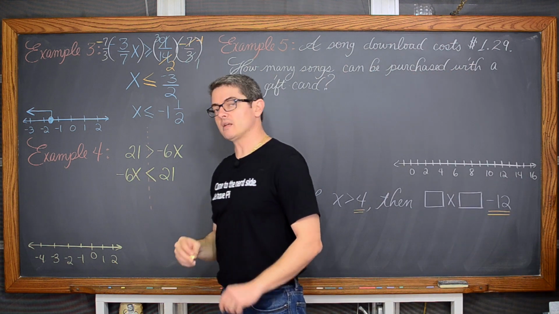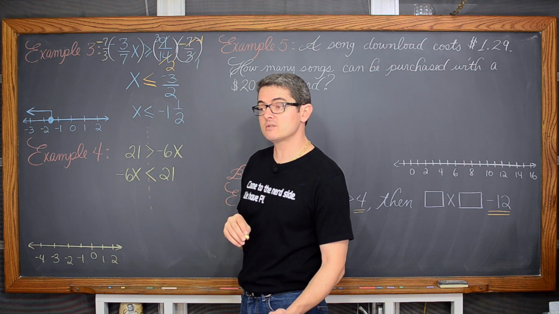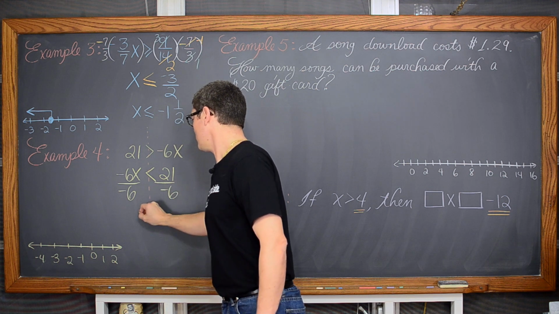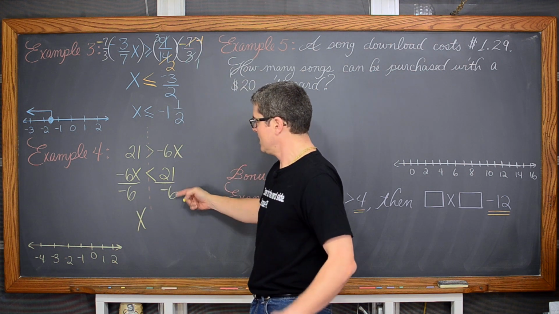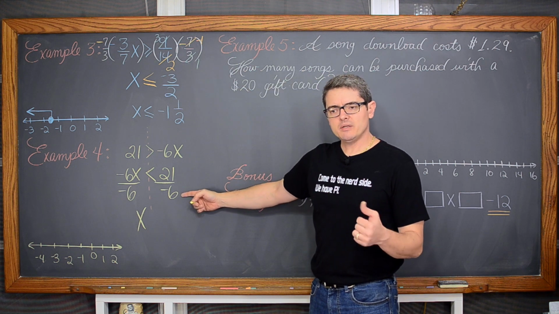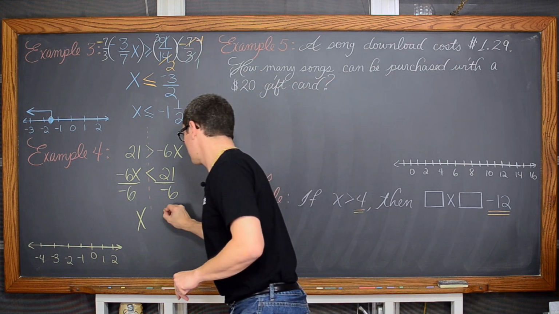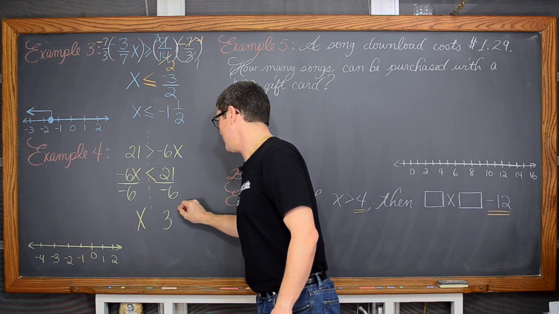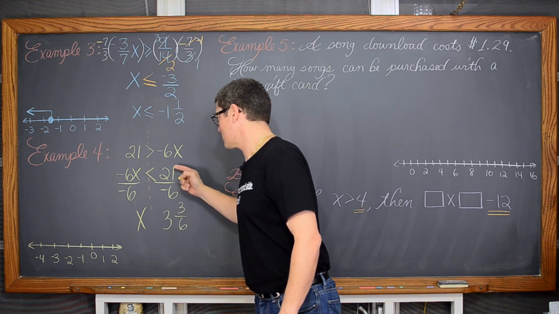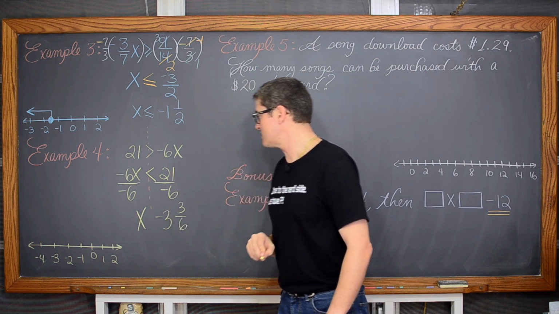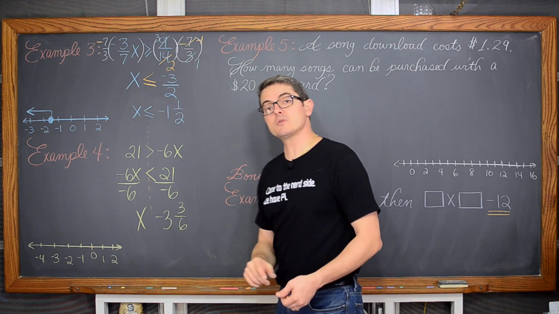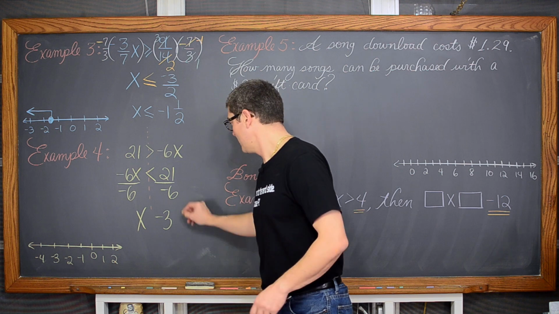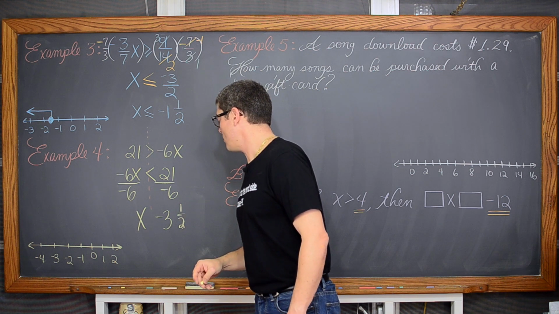We have a multiplication of negative 6. The inverse math operation to multiplication is division. So we're going to divide both sides by negative 6, and we're going to get x. How many 6's go into 21? 6, 12, 18. Okay, so 3. 18 from 21 gives you a remainder of 3. So we have 3 and 3, 6. Of course, positive divided by negative is a negative answer. And 3 over 6 reduces to be 1/2. Both 3 and 6 have a common factor of 3. And so this is our answer in reduced form.